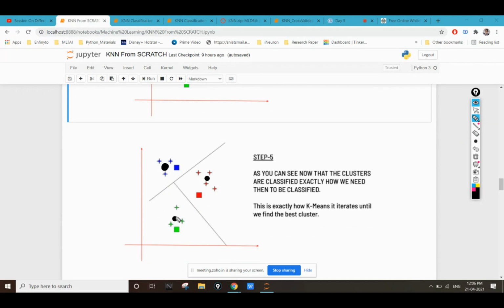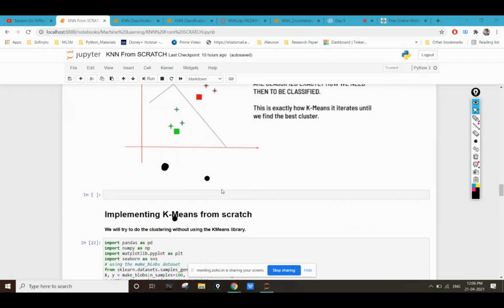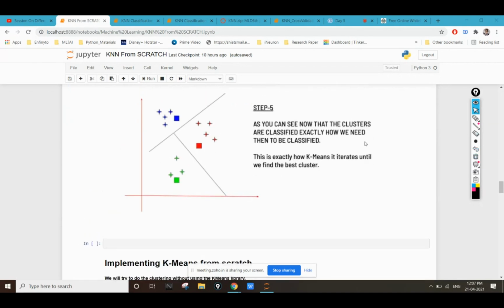With these updated centroid points, we'll get the exact same output which we are getting now. So we'll say that this is the category or the group in which we want to classify it. Hope you all are clear how k-means works.